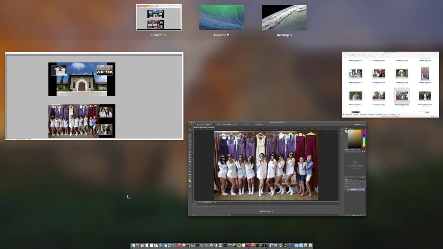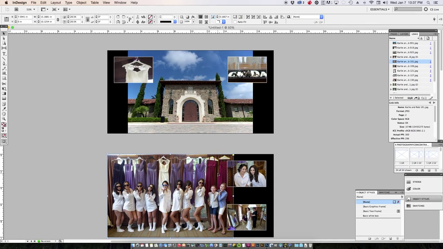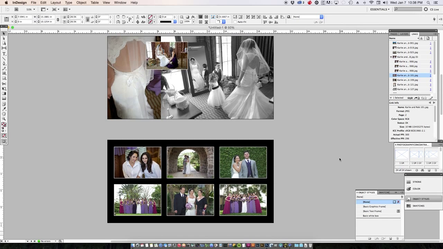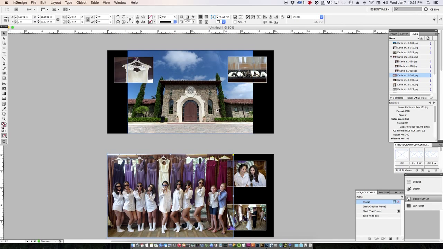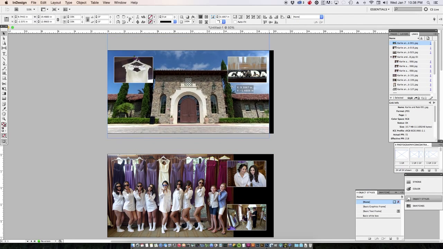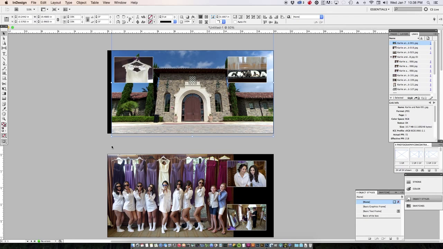That's right. And then when I go back to InDesign, watch this. It updates automatically. So now, instead of being 250 DPI, I upsized it, so now it's 296 DPI. So it's actually closer to 300 DPI, which is where you want to be. Like if I was to take this photo right here, it's showing 282 DPI. If I was to drag this out and make this bigger to where it takes up the full spread,